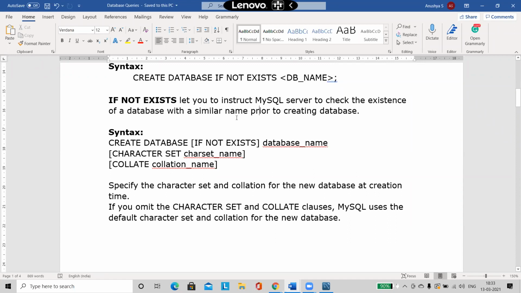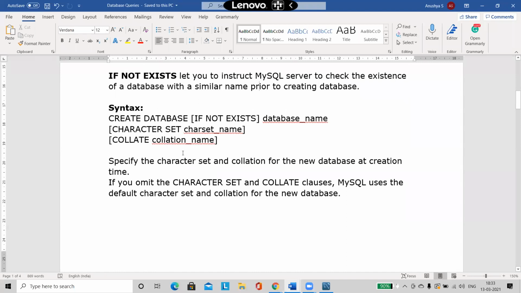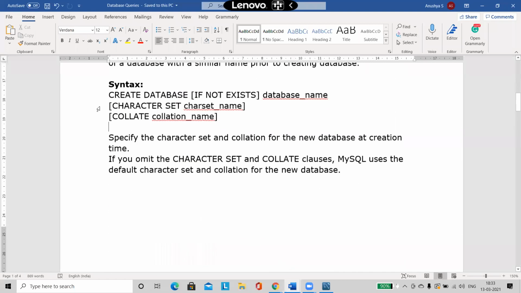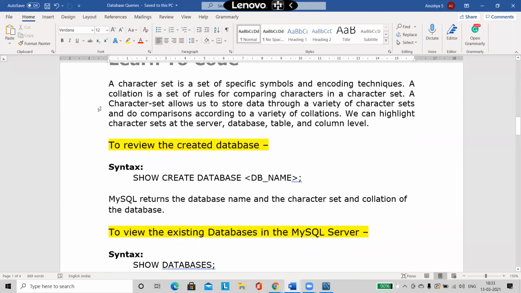Now there is a third way of doing it, which we normally don't use, because normally we go with the default settings. In that third way we can mention the character set, the collate and other things, but we are not going to discuss this in detail. We will see this when we are seeing the other things. But as of now, these are the two syntaxes you should be familiar with for creating a database.